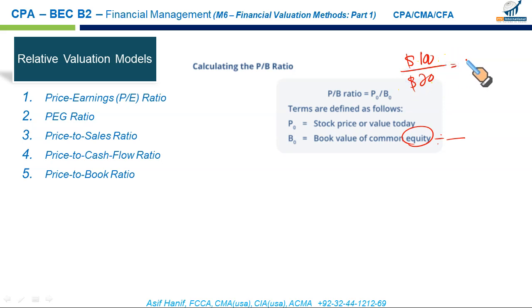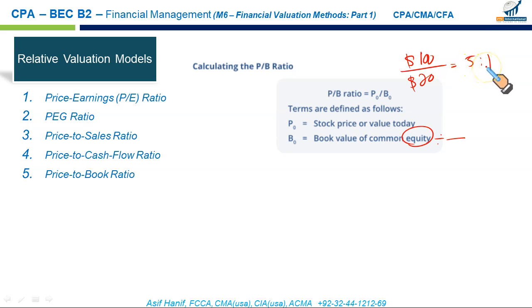Now, what does it give us? It gives us 5-to-1. It means a share that has a book value of $1 is currently trading at $5 in the market. What could be the reason? One of the plausible reasons could be that your assets might be at old historical values, whereas the firm is being valued at the current valuation. That's why the market price is higher, right? So there could be a difference.